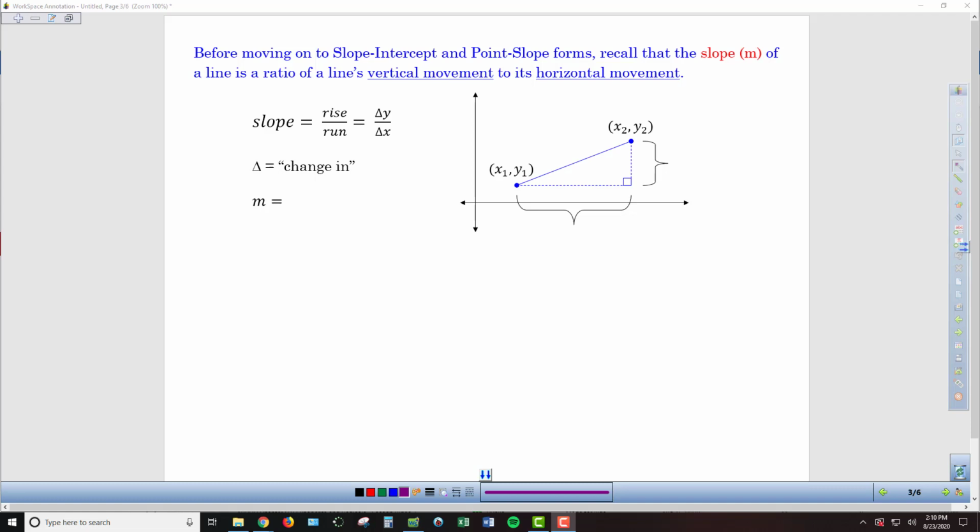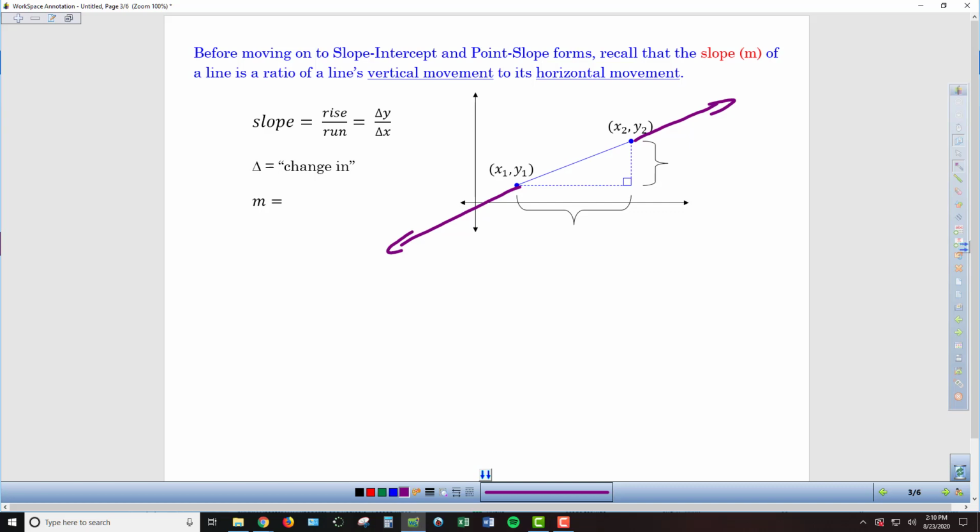So before investigating slope-intercept and point-slope forms of an equation, we have to refresh ourselves as to what slope exactly is. Remember that slope is a measure of the ratio of a line's vertical movement to its horizontal movement. So if we have a line that's graphed like this blue line that extends that direction and back this way,